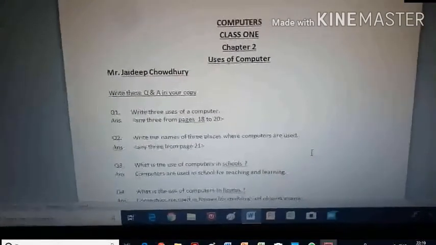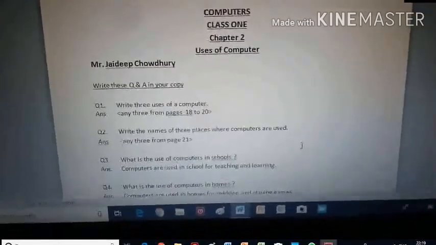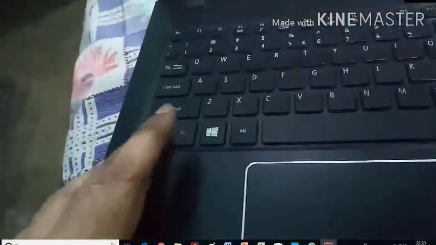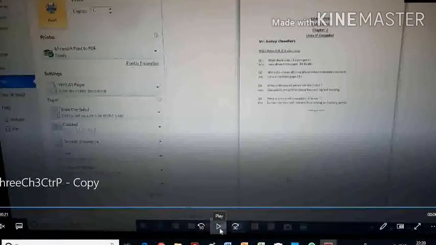Now here is the document which I printed just now. Now see what I do. With one finger I press CTRL, and with another finger I press P, and as a result on your screen you get the print dialog box. Now all I have to do is click on the print button.